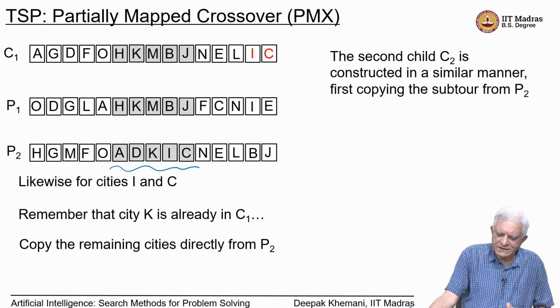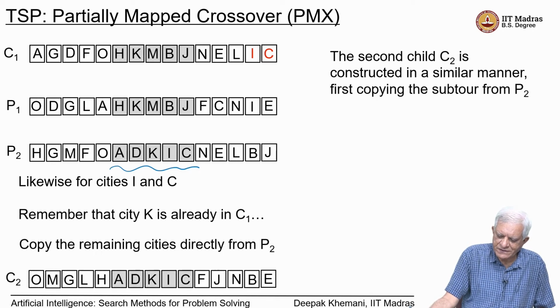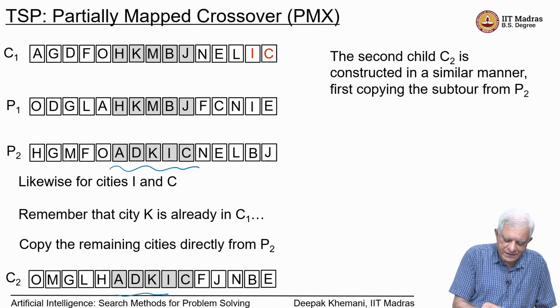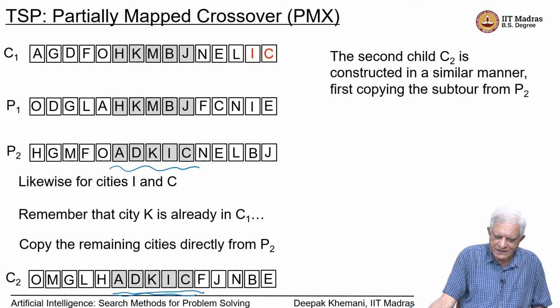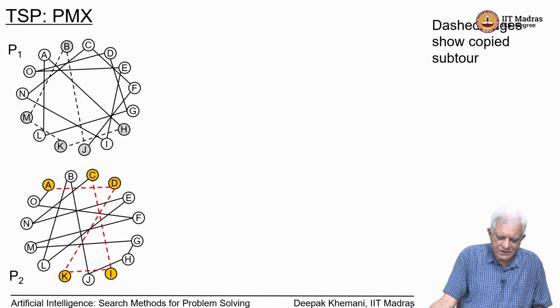The second child is constructed in a similar fashion, first copying the subtour from parent 2. So, you can see that A, D, K, I, C is copied here, and then a similar process is followed to construct the second child essentially. So, this was the second crossover operator that we have seen for solving the TSP, and